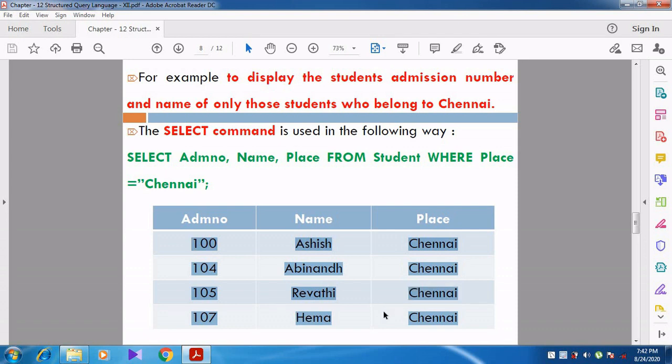So you can see the students' names are displayed, and only the students coming from Chennai are displayed. Can you understand, students? Select admission number, name, place from the student table where place equal to Chennai.